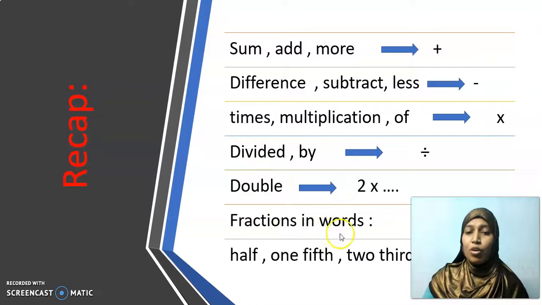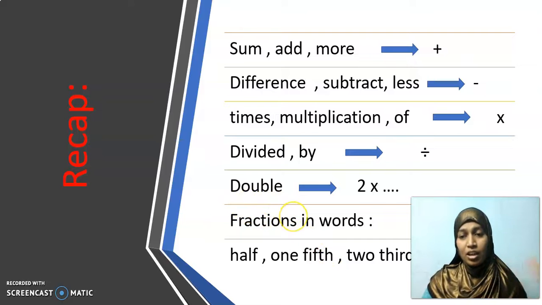Then we come across fractions in words, which we learnt in 3rd standard and 4th standard. Hope you remember that when they started the fraction chapter in your childhood, they started with these names. See, again we are getting back into that. So be confident in the names of fractions. Today we are going to have a special session, my dear children. Be active and keen in noting.